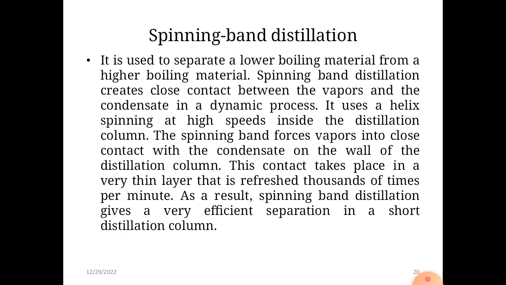Inside that there is a rotating band called a spinning band, which rotates very vigorously. It is connected to the motor. The spiral band is made either from polymer coated metal, stainless steel or platinum. Any of these materials is used to make this band. The rapid rotation of the band in contact with the walls of the column gives intimate mixing of descending liquid